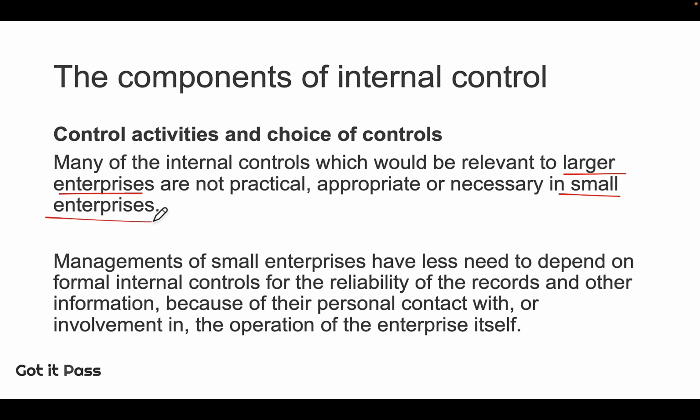For larger enterprises, they have adequate resources to safeguard their assets, so their control procedures or control activities are much more complicated than the small enterprises. First, many employees in the larger enterprises are just staff of the company. They are not the owner, they are not the senior management, for example. But for small enterprises, the owners have to do a lot of operational work.